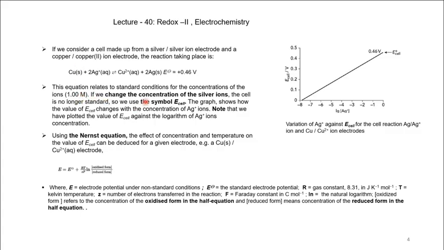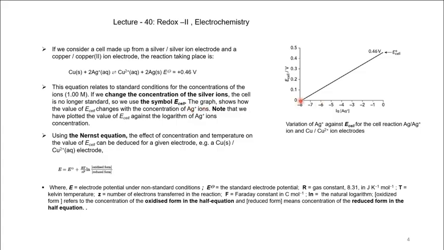We have to say that this is no longer a standard electrode potential, and we symbolize it as E cell. This graph shows how the electrode potential varies with the concentration of silver ion,